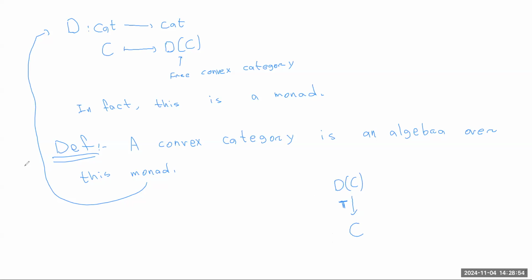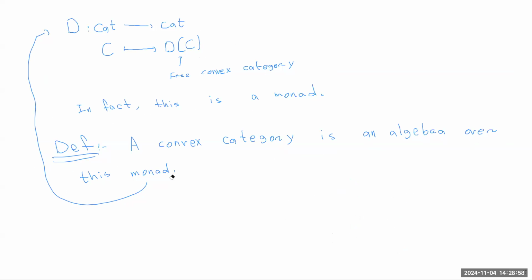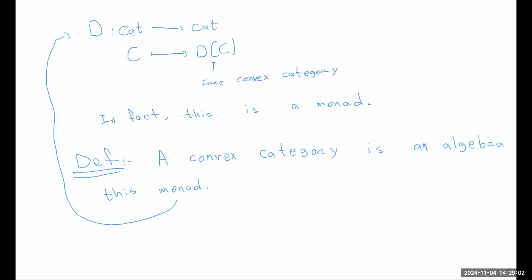In fact, to be a convex category, let me write it on a new page. So C is a convex category if and only if